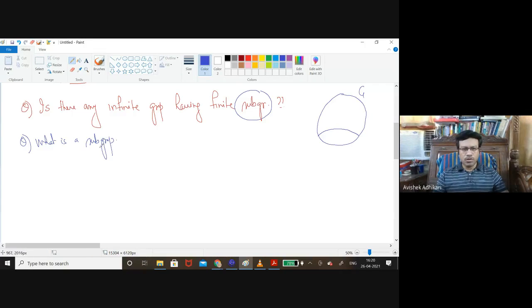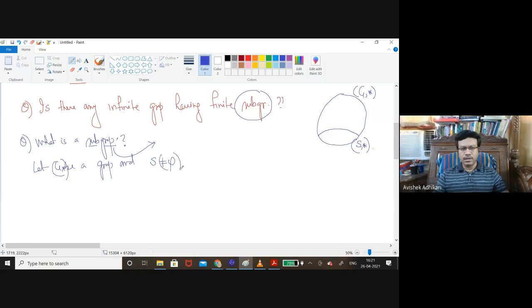Sub and then group. From the name itself, you can understand that a subgroup must be a kind of group. Subgroup means it must be associated with some original group. So there must be some original group, say (G, *) is my original group, and suppose S is my subgroup. Let (G, *) be a group, and S be a